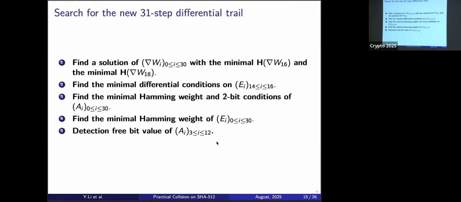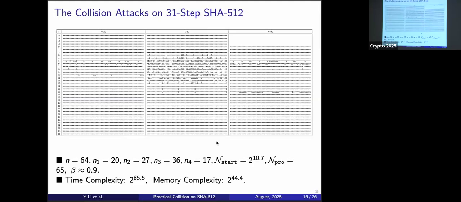And according to the new Boolean function propagation rules, we provided a detailed step-by-step description of finding an improved 31-step differential characteristic suitable for the clean attacks framework. The process is as follows. It has 5 steps, and we can find a new differential trail. By using the new differential, we can find more starting points and reduce the time complexity of the 31 steps